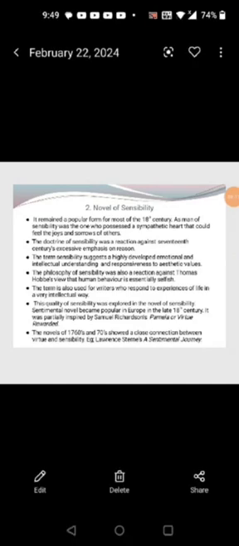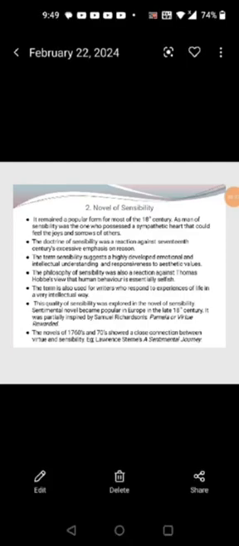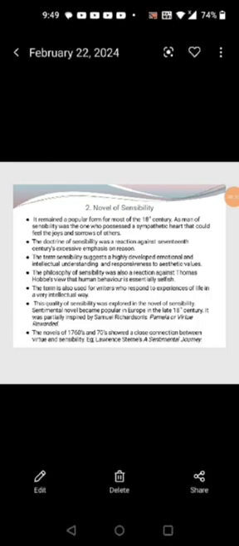Next, this quality of sensibility was explored in the novel of sensibility. So whatever this philosophy of sensibility said, it was explored in the novel of sensibility. And the sentimental novel became popular in Europe in the late 18th century. And when this philosophy of